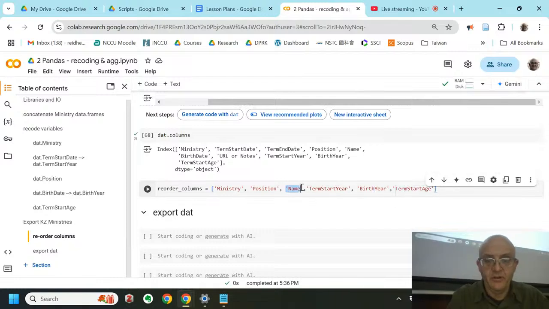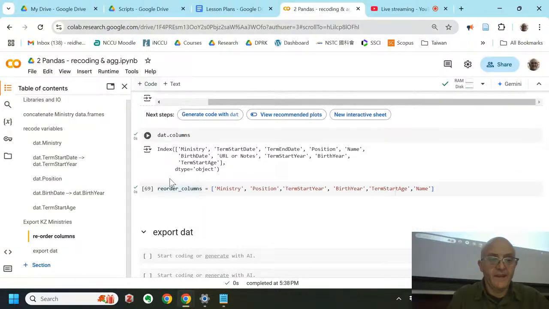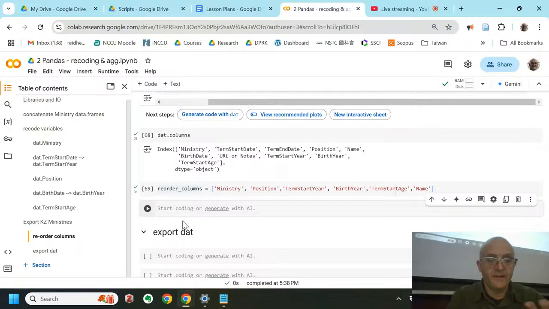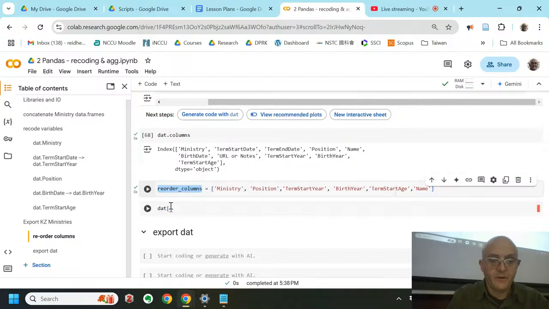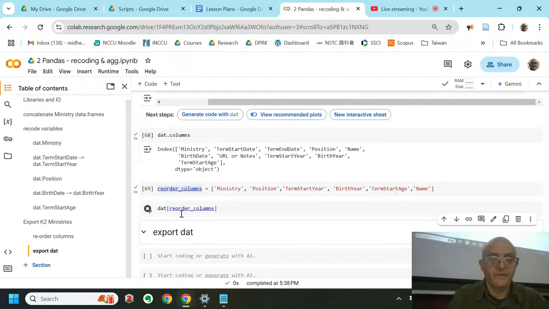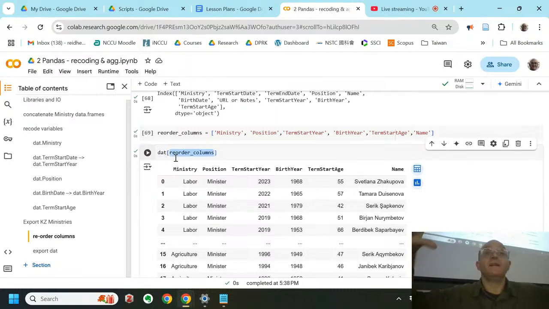So okay, position, name, term start year, birth date, term start age, and if we want, let's move name to the end, we could do that if we want. So I'm just creating a list. Now the next thing here, this is the key. So dat equals, well, I can just put in the columns here, dat reorder columns. If you do dat with the square bracket, and then you put this list in here,